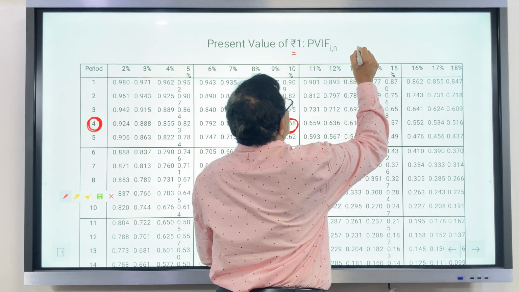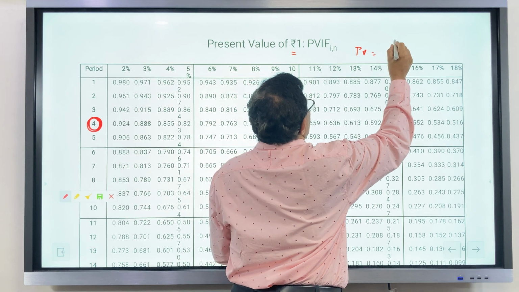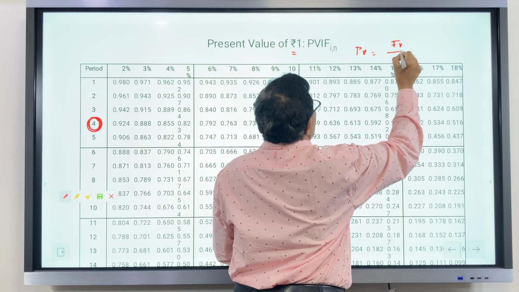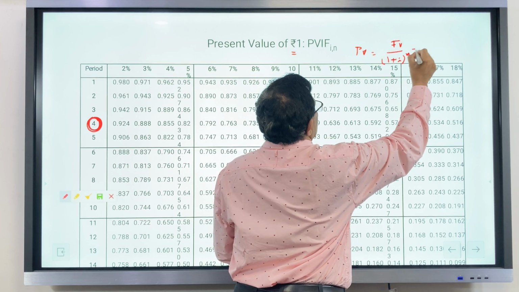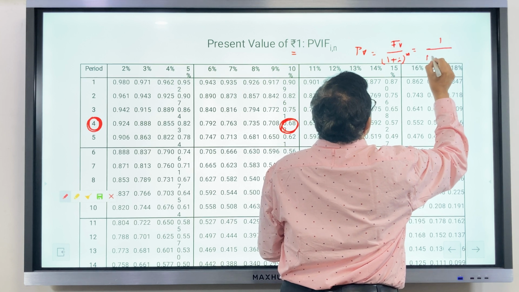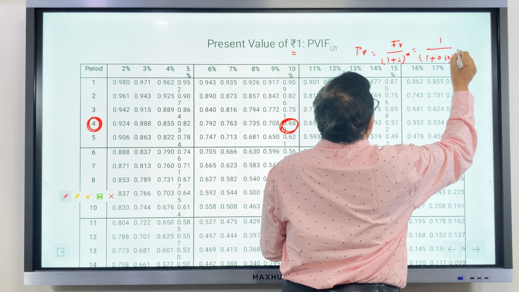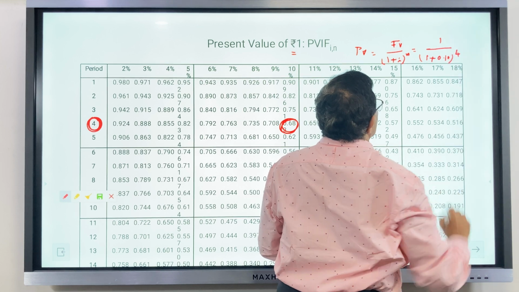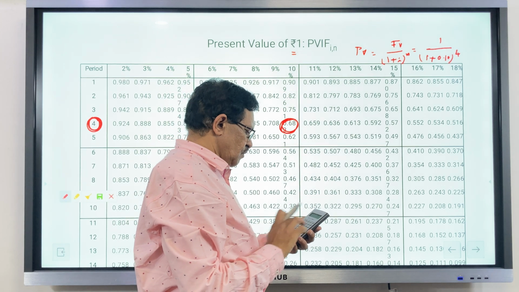So the present value is nothing but the future value divided by 1 plus i whole power of n. Here the future value is 1 rupee. Then it is 1 plus 0.10 whole power of 4. Here it is 4. So 1 divided by 1.10